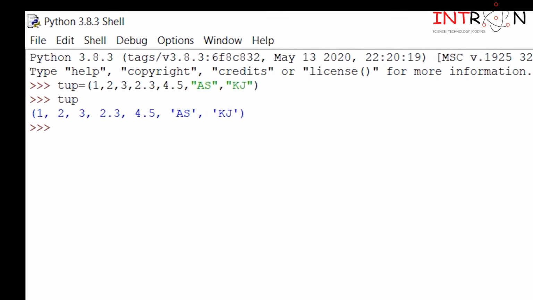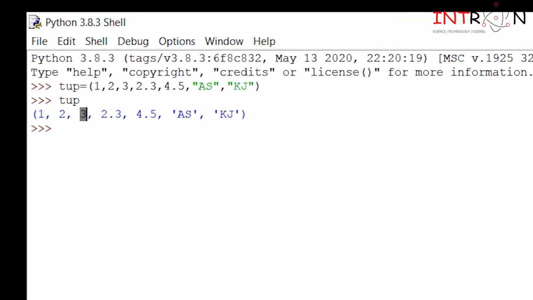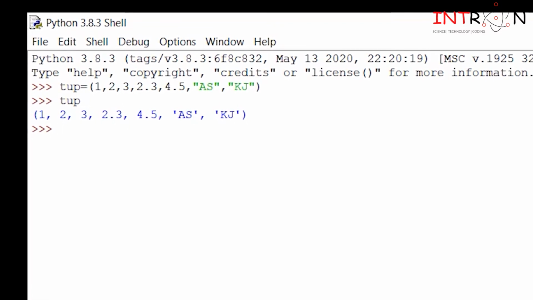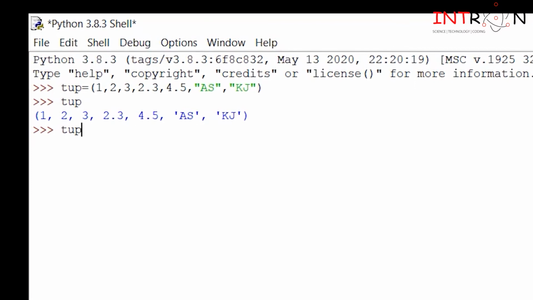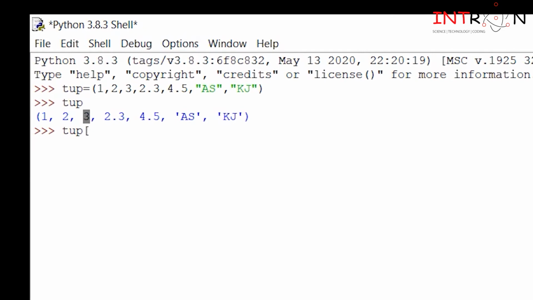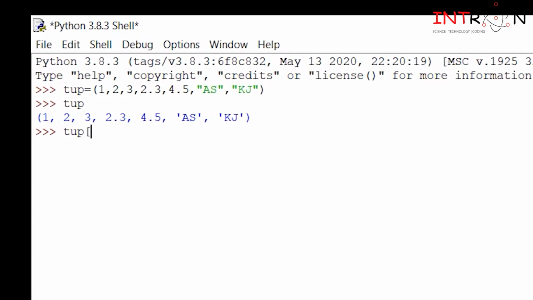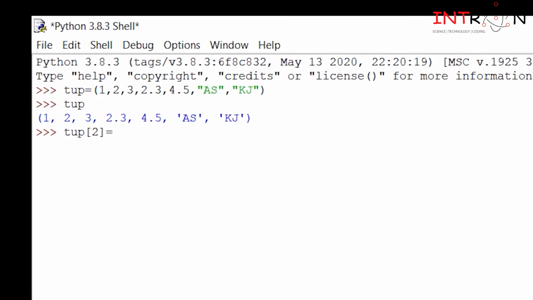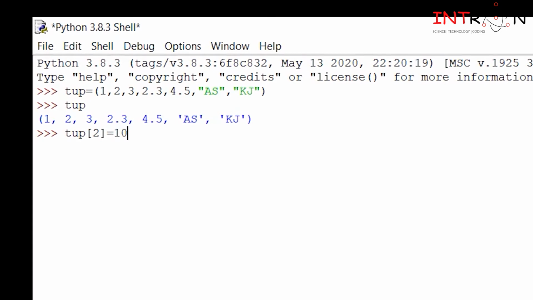Suppose in this tuple, you want to change this 3 to some other number. What we used to do generally in the list is take the variable name and the index number of the element which we want to change. So here the index number of 3 is 2. Index number 2 is equal to the number by which we want to replace it.